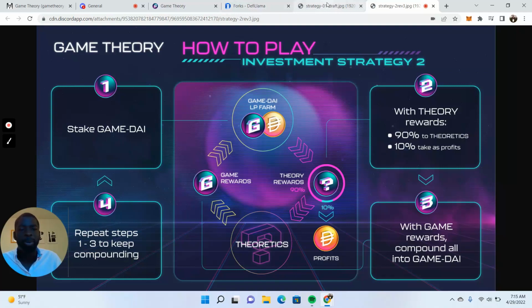So basically, strategy number one allows you to take profits in game tokens. Strategy number two, taking profits in theory tokens. When we are closer to peg, strategy number two is the strategy that is most beneficial to the health of the protocol. So if the price is somewhere between $1 and 1.01, or 1.02, 1.03, 1.04, in that range just above peg, this is where strategy number two is most healthy for the protocol. When we're at 1.04, 1.05 and above, that's where strategy number one becomes a lot more healthy for the protocol too.